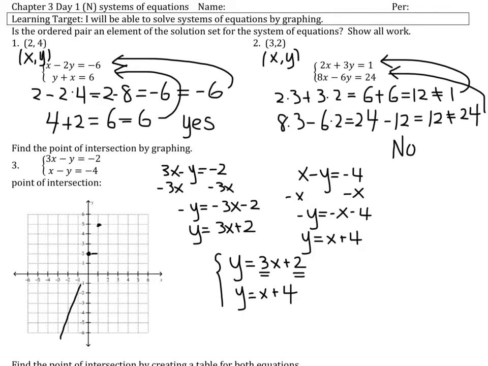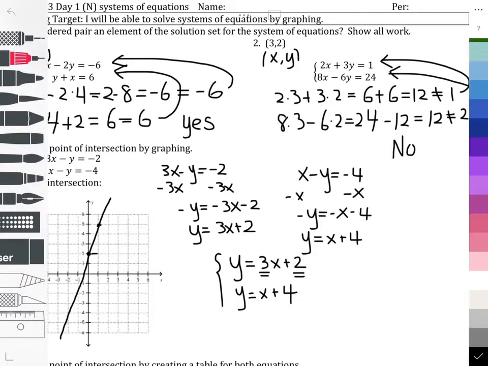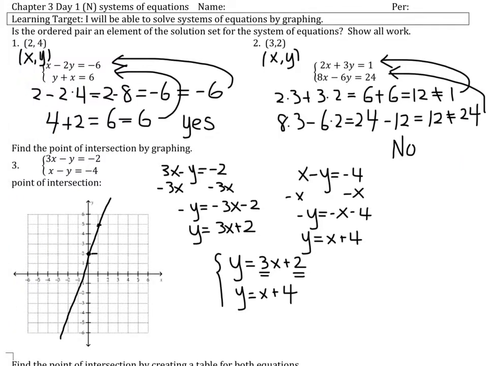So my graph looks like this. For the second equation, I'm going to use a different color so that you can see it more clearly, and I'm choosing red. So for this one, I have y equals x plus 4. That means our y-intercept point is going to be positive 4 with a slope of right 1, up 1. Right 1, up 1. So at this point, do you see that it does indeed intersect with this first